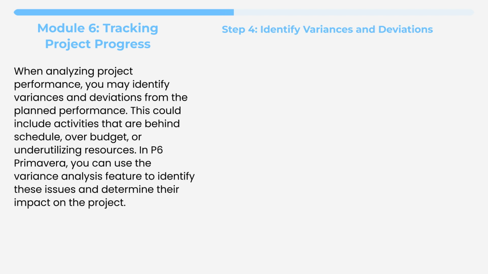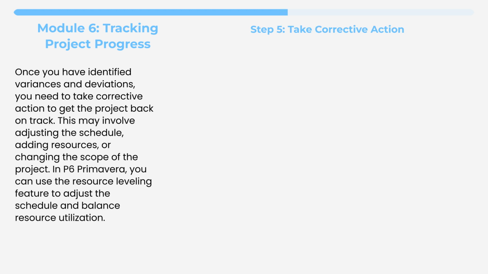When analyzing project performance, you may identify variances and deviations from the planned performance. This could include activities that are behind schedule, over budget, or underutilizing resources. In P6 Primavera, you can use the variance analysis feature to identify these issues and determine their impact on the project. Once you have identified variances and deviations, you need to take corrective action to get the project back on